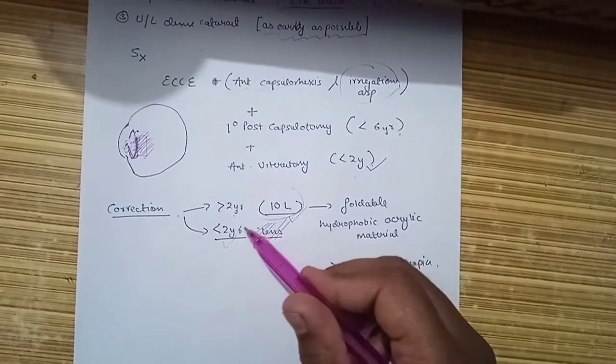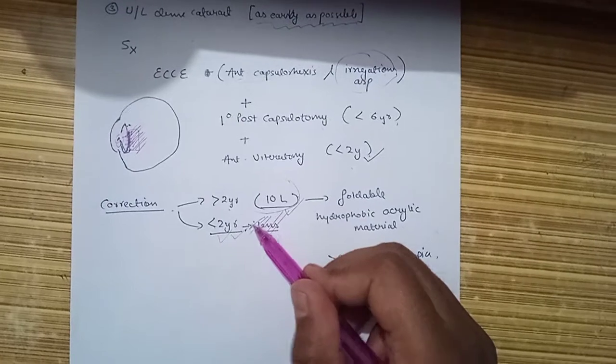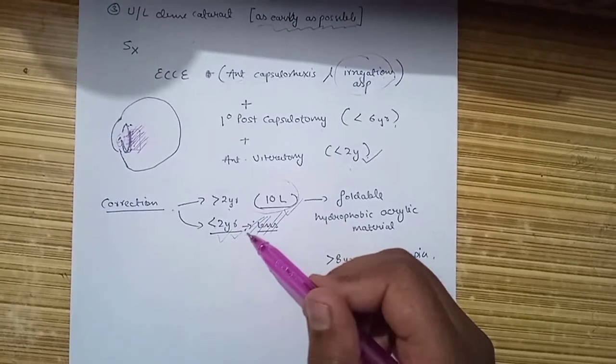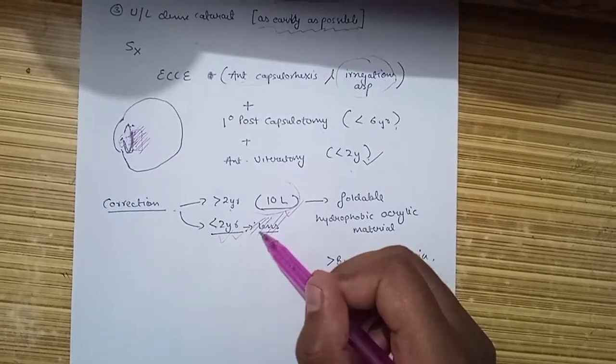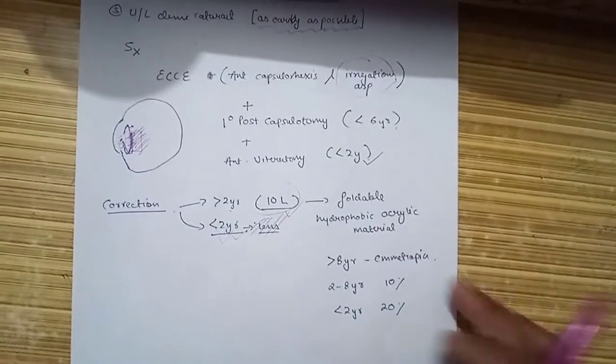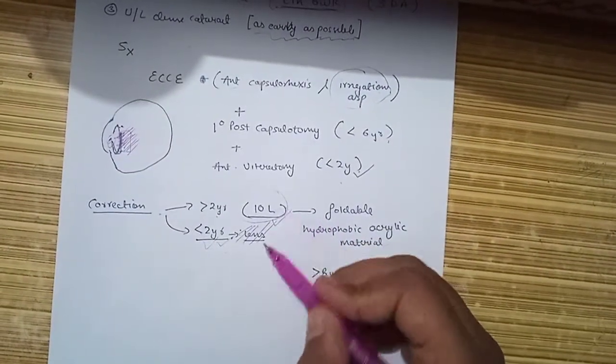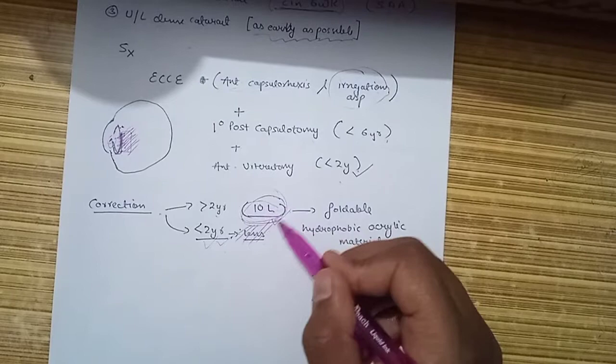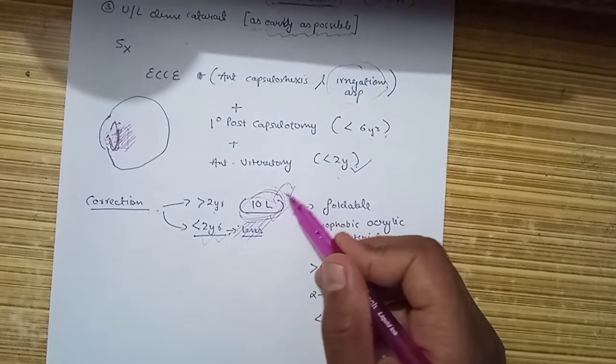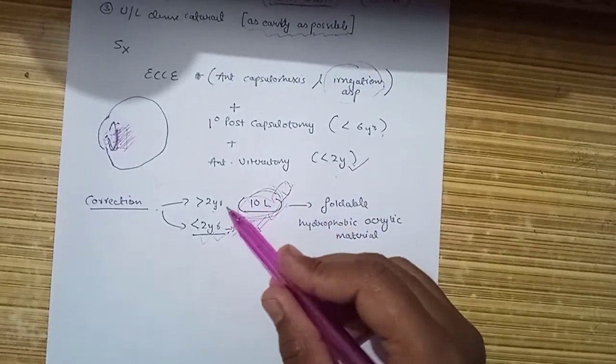But the problem is that the eye is not developed completely and the size of IOL has to be managed accordingly to the age before the age of 2 years. Now after 2 years, the adult size of IOL can be inserted within the eye. Now this is the benefit while we use the IOL after 2 years.